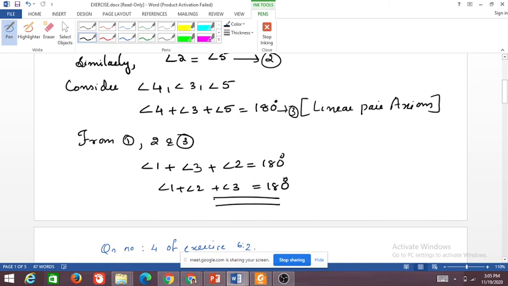Okay. For that, you can draw many triangles and then look at their sums. I will try in the next class to show you a simulation like in GeoGebra or something. Draw many triangles and then measure the interior angles. Whichever triangle you draw, the measure of the interior angles will be 180 degrees. From that, we are arriving at a statement. And since we can prove that, it will become a theorem. Since it's a universally accepted thing, we are proving it as a theorem. So, that's how you verify this.